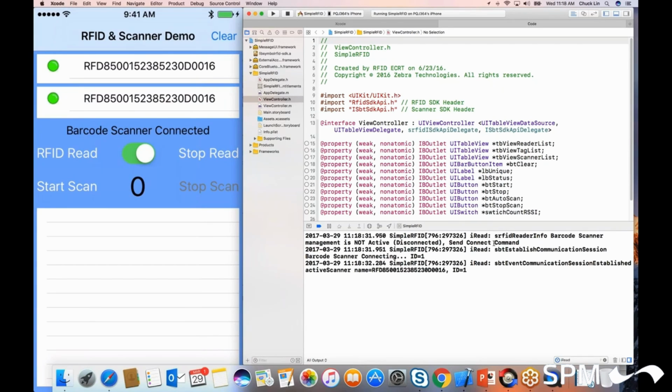The API to connect a barcode scanner is the SBT establish communication session API. Once connected successfully, the SDK will send an event to the application for the communication session established notification, and then you can get the decoder notification data to get the reader name, connect to the reader ID,